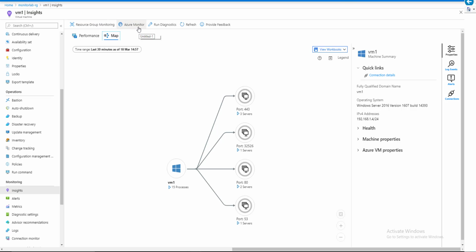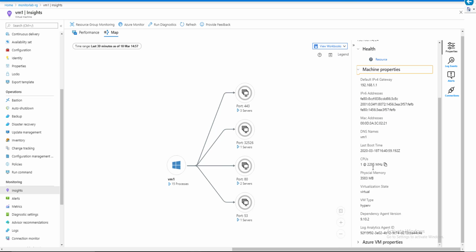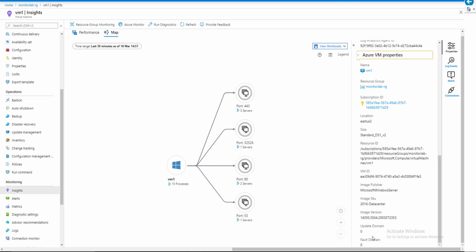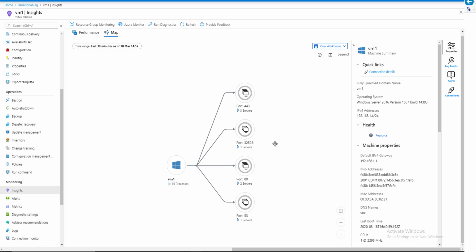Notice I mentioned something about Azure Monitor before. This is how you get to it, and then you have health. Just kind of browse around here, see what they are. Nothing there. Machine properties, get the IP address, DNS, boot time, CPU, our log analytics agent ID. What does VM properties give us? Resource description, VM ID. So we'll update default domain. So that's pretty good information there. All right,